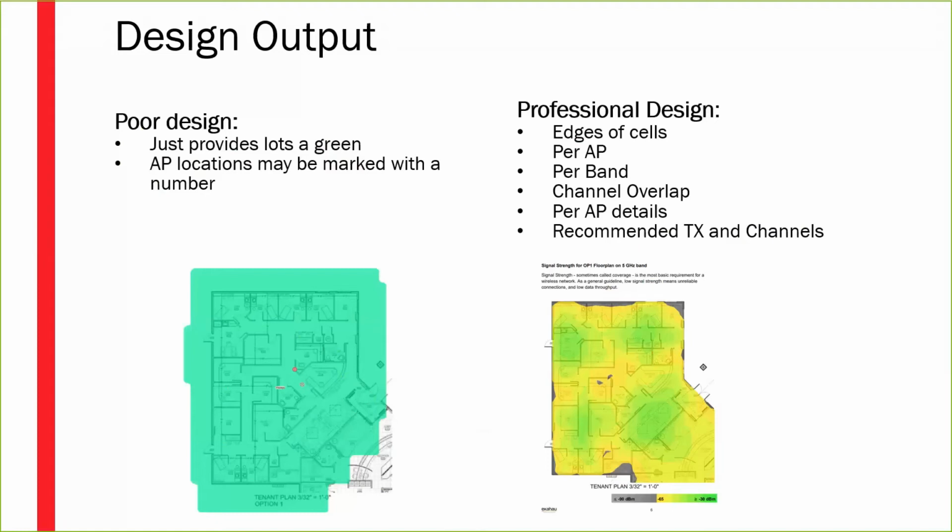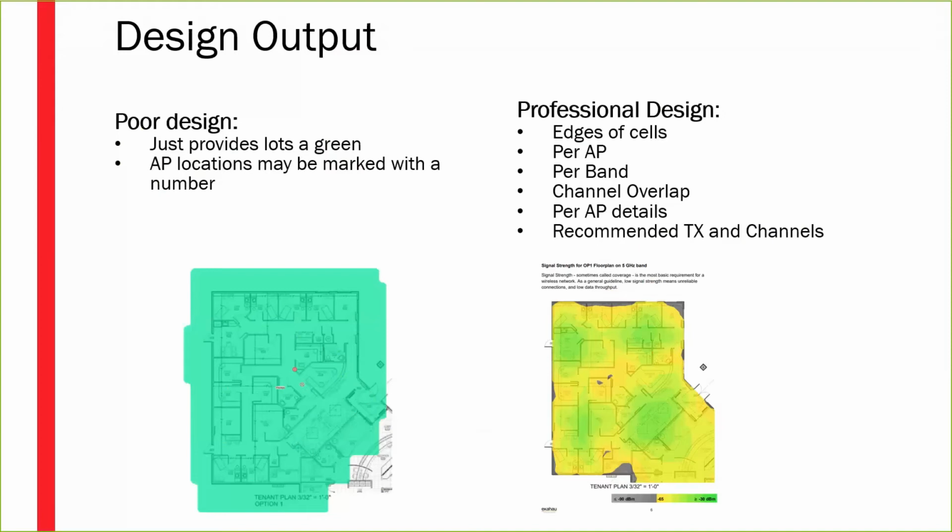Whereas Ekahau, it has the numbers as well. This is just a single image out of Ekahau. It's actually usually like a 20 or 30 page report, depending on how many floors and stuff like that. Sometimes it can be in the hundreds of pages if it's a large building. So you get lots and lots of information about what is it going to take to deploy your network. And then you can also say,